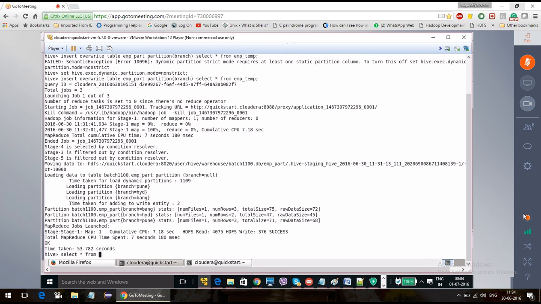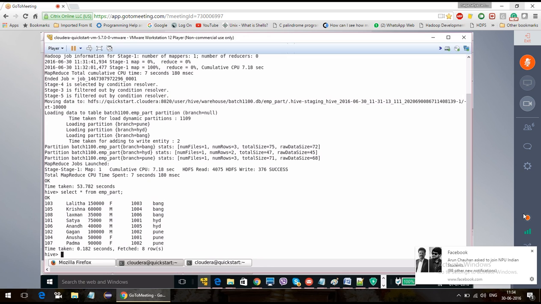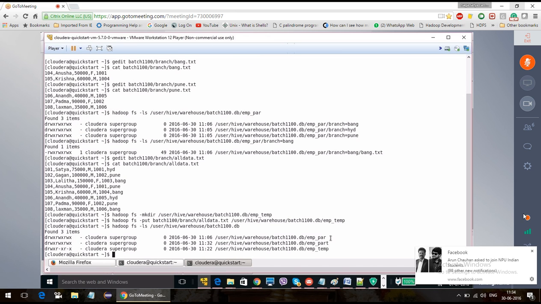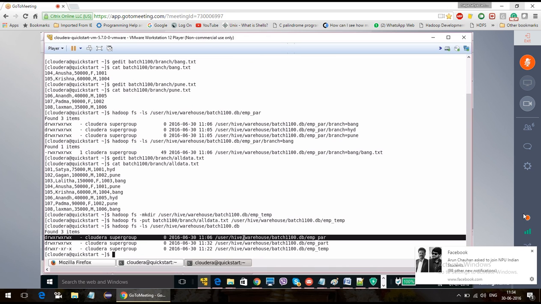Hadoop fs -ls. It will create another directory, emp_part. The par is different, part is different. The par is the first scenario of the table, the part is the second scenario of the table. There is no difference between that and this.